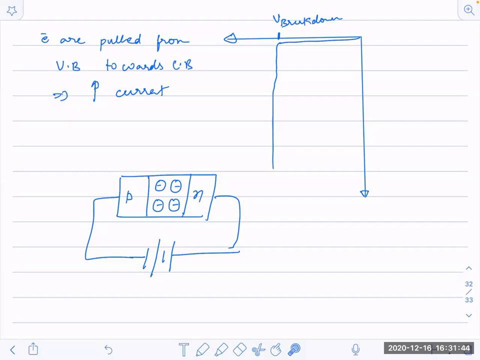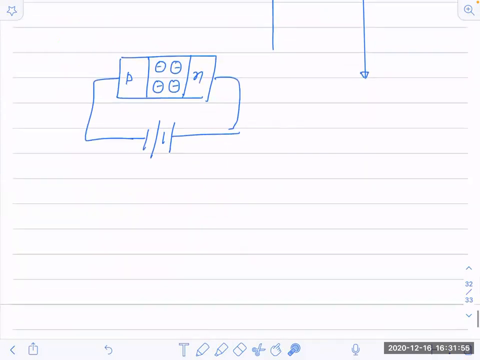Any other doubt you have? See, tomorrow this syllabus is finished. The semiconductor topic has been finished. So tomorrow you just do one thing. Revise everything from the semiconductors, and we will have a doubt clarification session tomorrow.